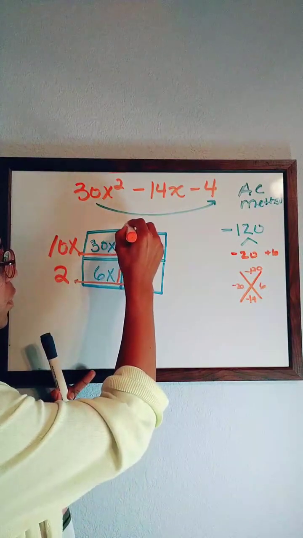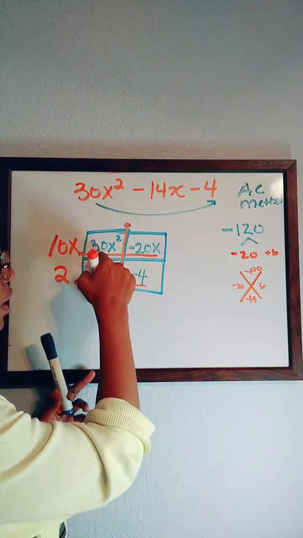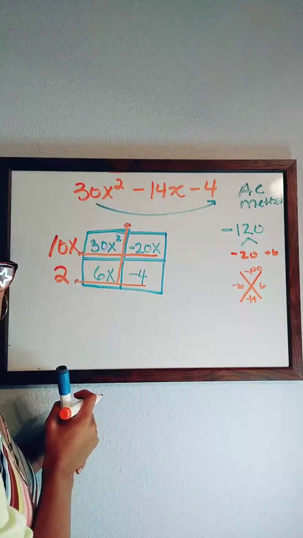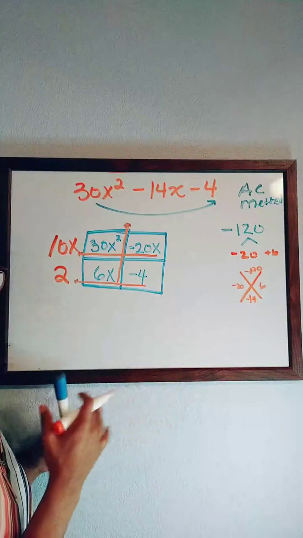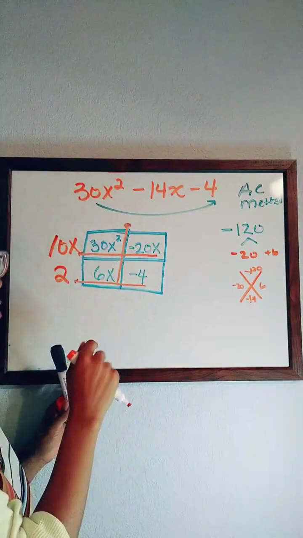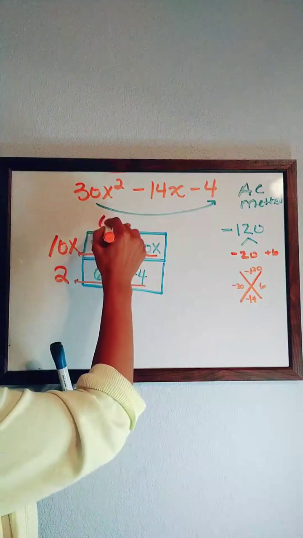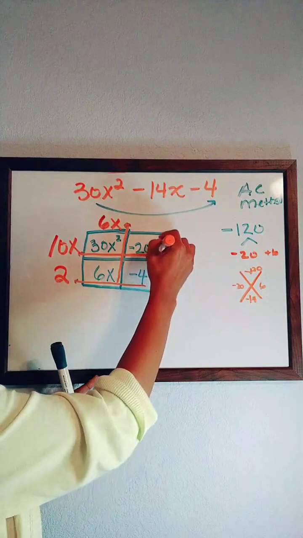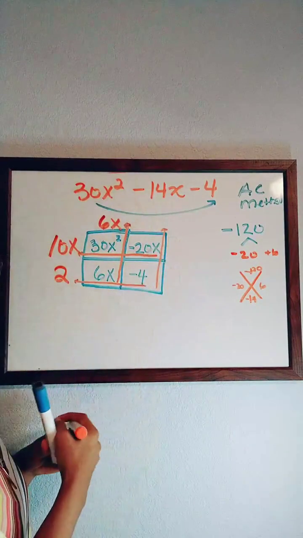What's the GCF for 6x and 30x squared? You just find the GCF in all directions. All four sides is going to be 6x. And then my GCF for -4 and -20 would be,